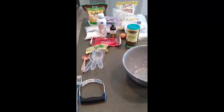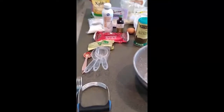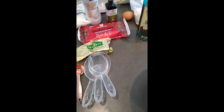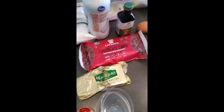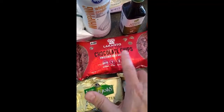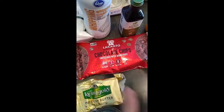Okay, so that's the ingredients. We have some grass-fed butter. I mean, you could use whatever butter you have, we usually do grass-fed here. The sugar-free chocolate chips by Lakanto, and these are net 1 carb per serving, so those are really good. Some salt, egg. We have coconut flour, almond flour,